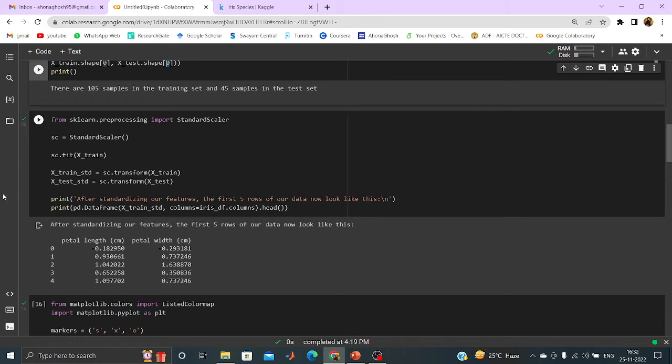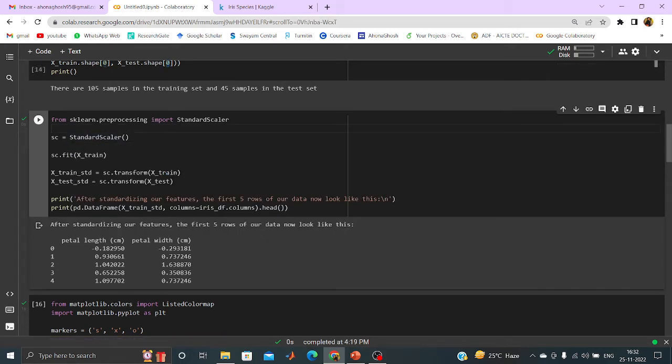And after that, if I want to run SVM on that, at first we have to call the StandardScaler function, and here we have named the object sc. Then we have to fit the X_train portion on that: sc.fit(X_train). Now if I need to standardize my features, this transform function can be called